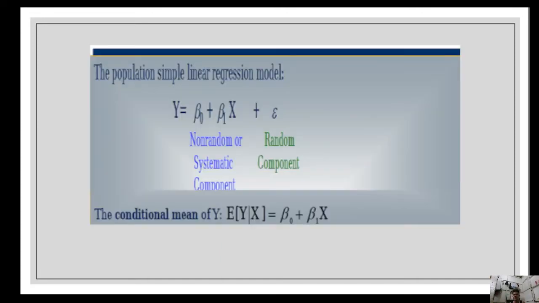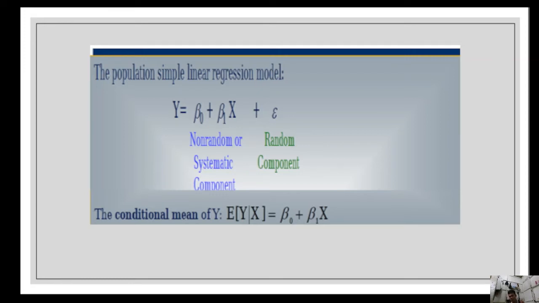The population simple linear regression model. Y is equal to beta sub 0 plus beta sub 1 x plus e, where beta sub 0 plus beta sub 1 x is the non-random or systematic component, and our e here is the random component, where